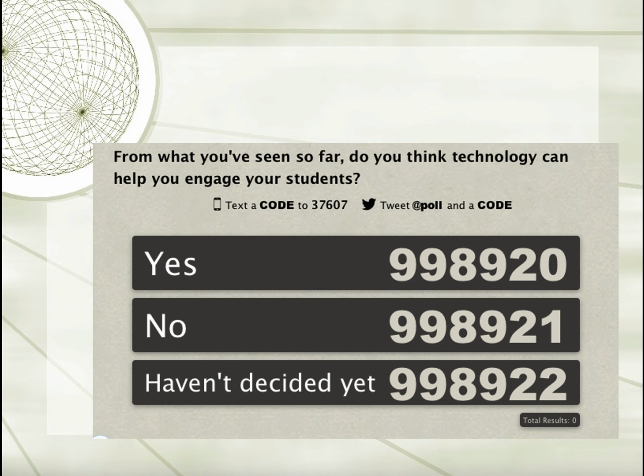So the code that you'll be texting in the message part of your text message is 998920, because that's the code that corresponds to yes, okay? And where you would send that to is 37607. So as if you were putting in somebody's phone number, you would put in the 37607, text that code that corresponds to yes or no or haven't decided yet, and this poll will automatically